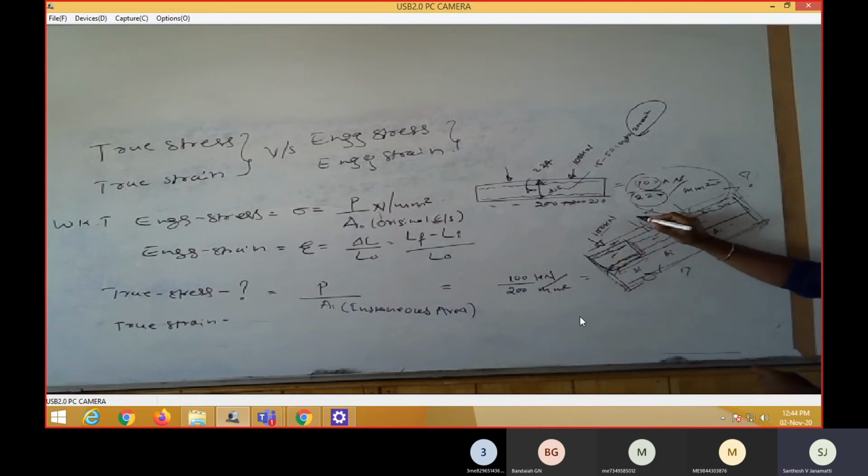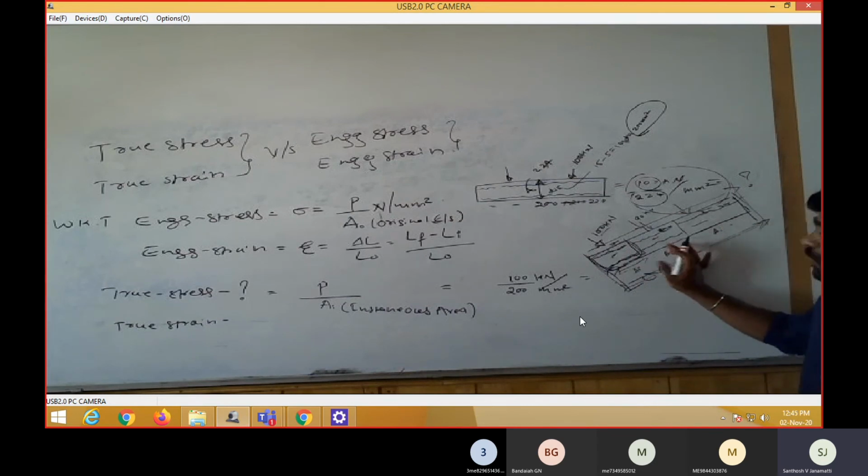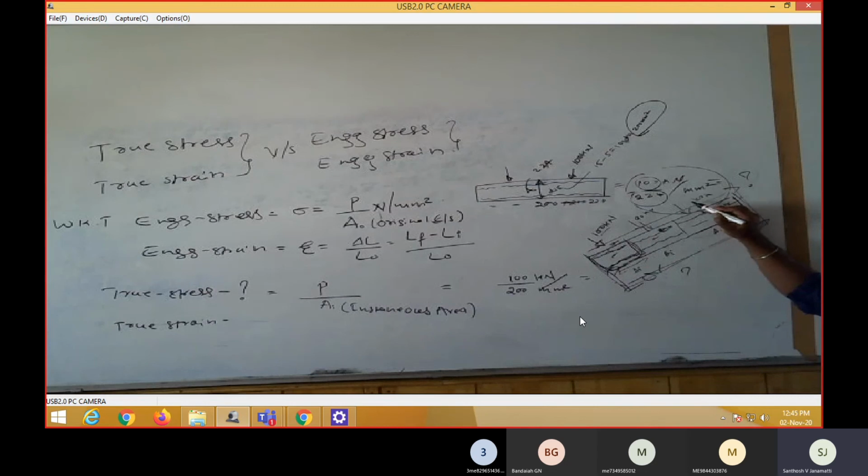You can change the load from 100 kN to 90 or 80. You can come to the third portion. The third portion is weaker than the second. Now you don't go to 100 kilonewton, you just go for 80 kilonewton. That we can expect to be 2 mm. Here also 2 mm. Here also 2 mm.